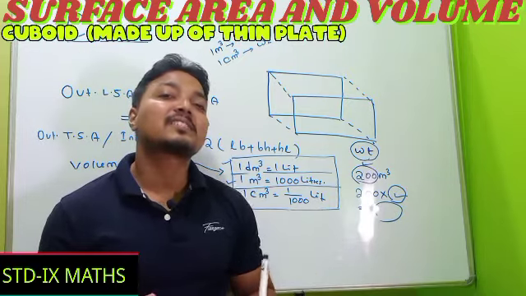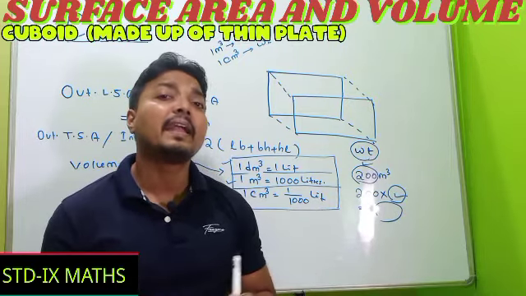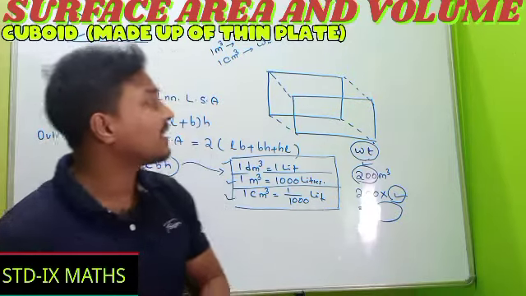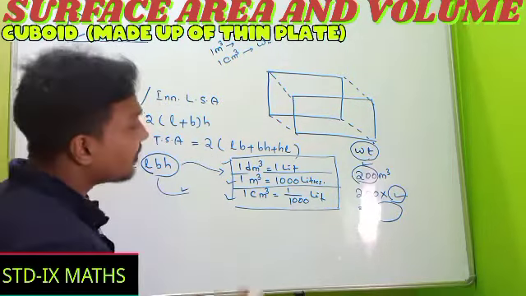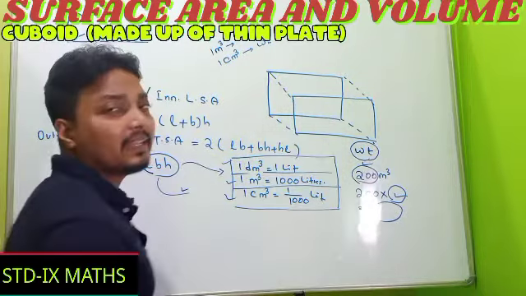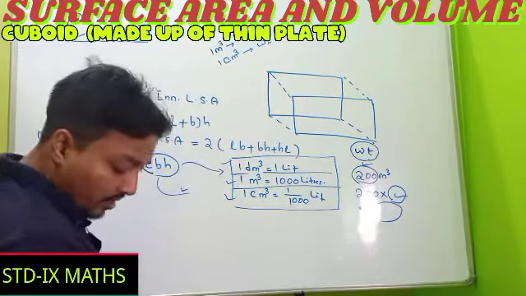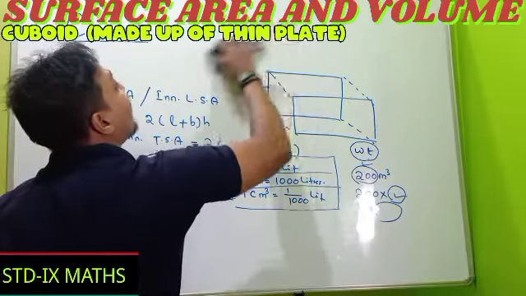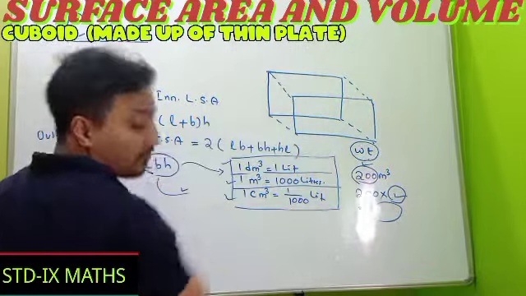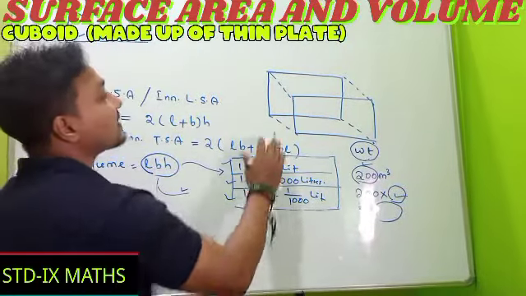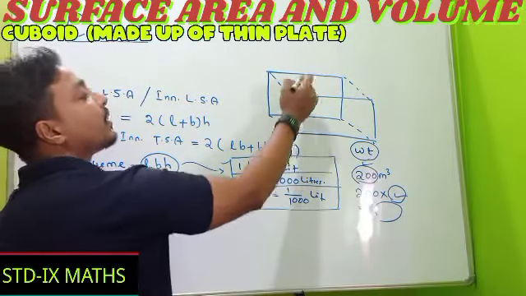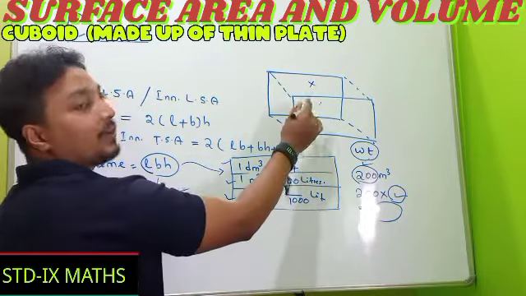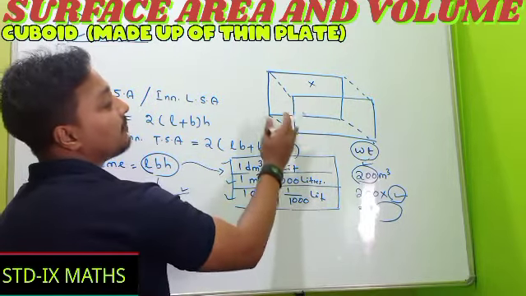Next, our discussion is regarding our cuboid made up of thick plate. Another thing to remember: suppose the upper one is empty. In this case, we have to color only 5 surfaces. Here the formula is such that this one is to be excluded. So in this case the formula is for this surface.